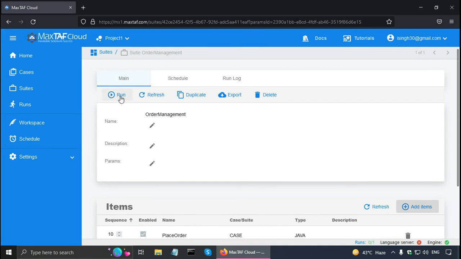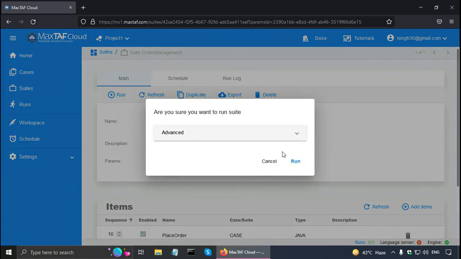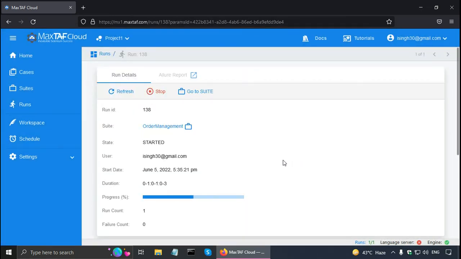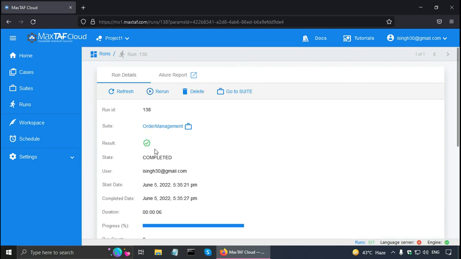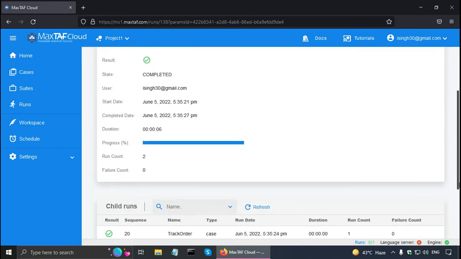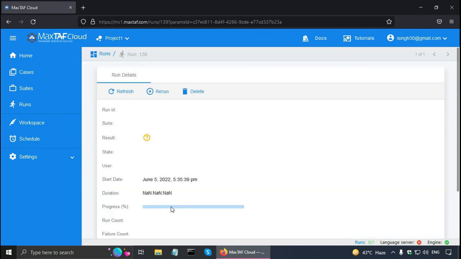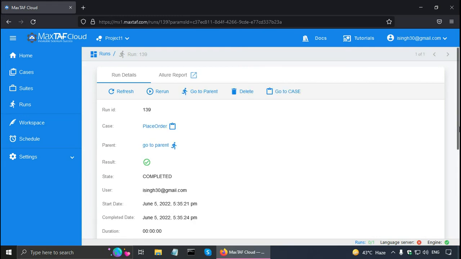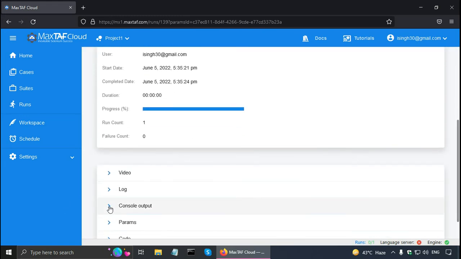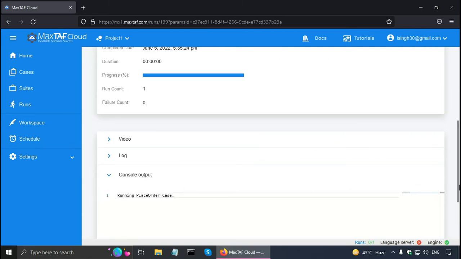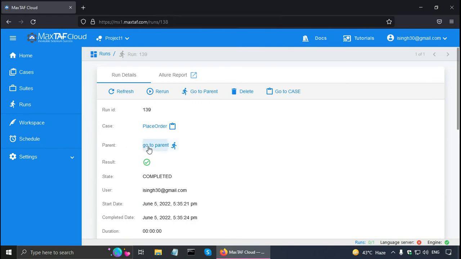Now I can run it. So click on the run button and click run again. So MaxTAF Cloud has started the test suite execution, and it says the suite is order management. And here it is showing the child runs. So let us go to place order. This was the suite with lower sequence number, and here in the console output it should say running place order case. Click on go to parent to go to the test suite,